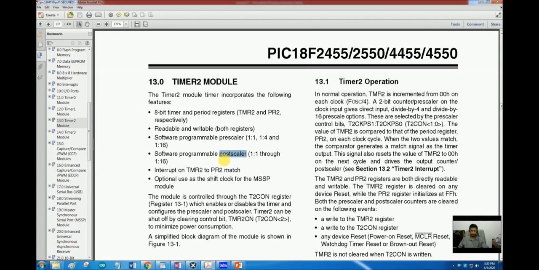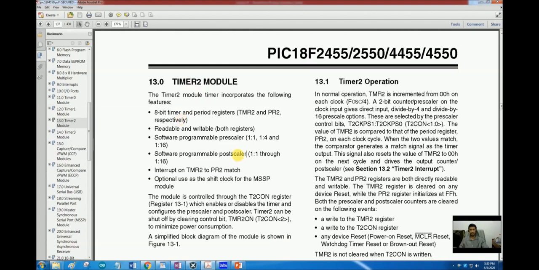That manual preload of the timer after every timer overflow resulted in some error of 1 or 2 instruction cycles. How can we remove that error? We can use a period register that is available in timer 2 only.